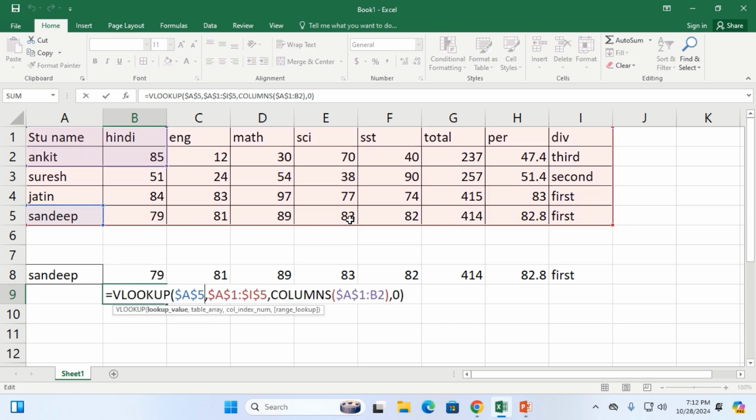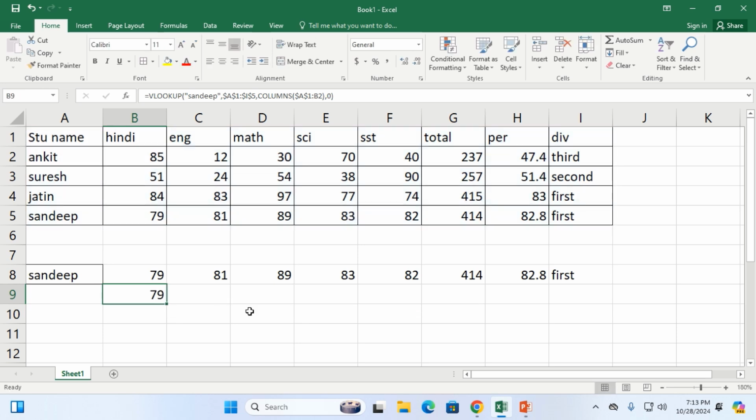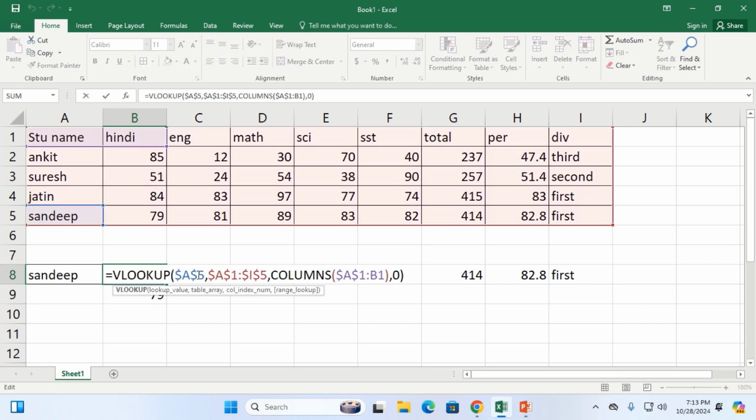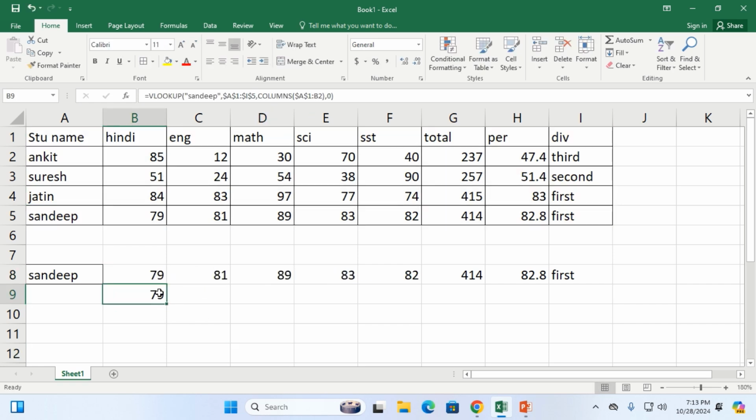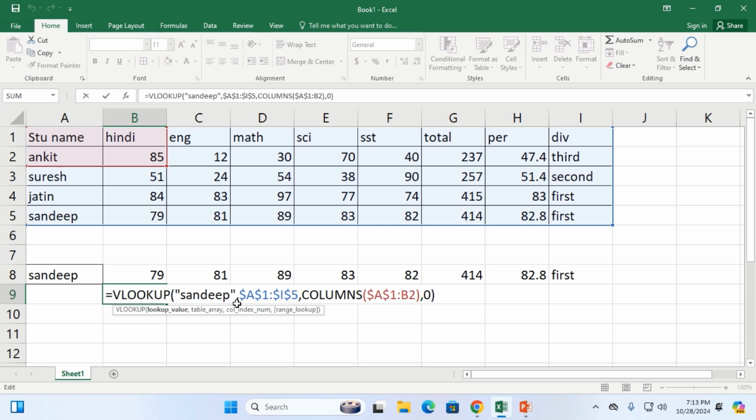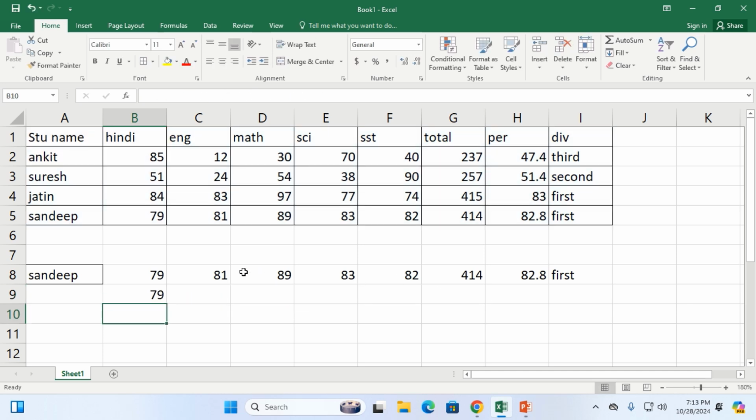We can also use another approach: apply double quotes, type a name and close the double quote. Just press Ctrl plus Enter. You can see here is a cell address, and here is a text string. Both ways you can use the VLOOKUP function formula. Okay,